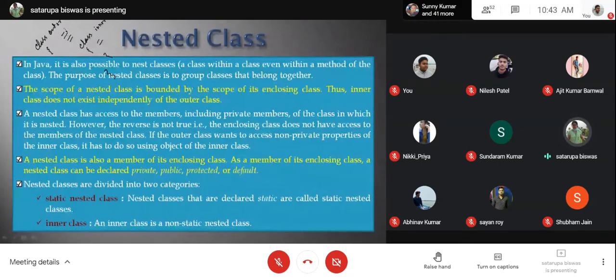So if you declare something like int a, to access this int a you have to take the help of the object of the outer class. Exactly in the same way, to create an object of the inner class, you have to take the help of the object of this outer class. Otherwise, without the help of the outer class, the inner class doesn't have any implication.